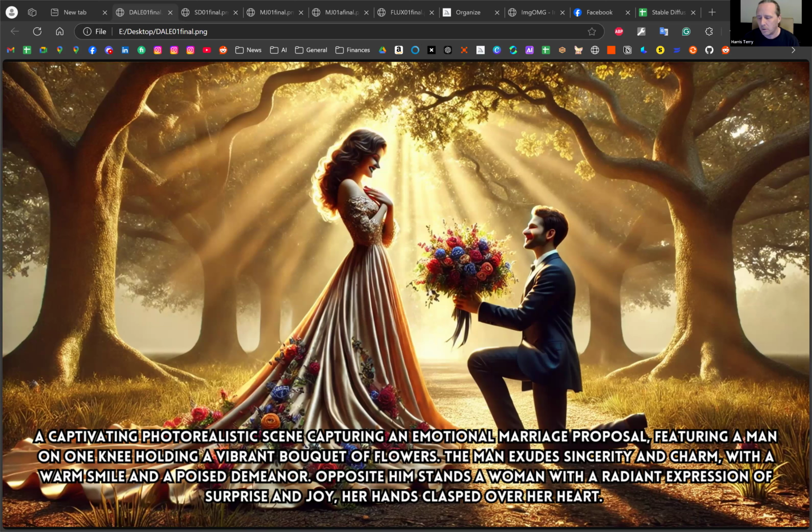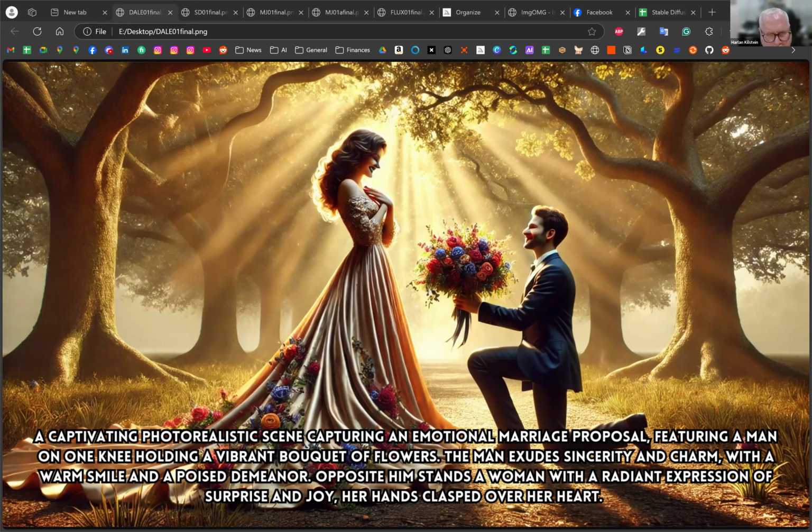It talks about things that are not a snapshot of the visual image, like they have a certain demeanor and a radiant expression. The man exudes sincerity. So this prompt was taken from other prompts that I then had ChatGPT change around for the picture that